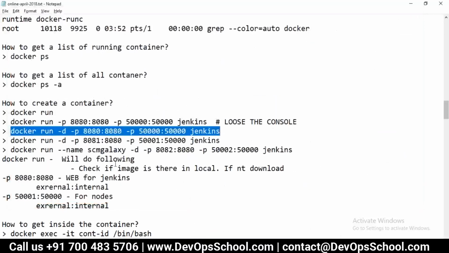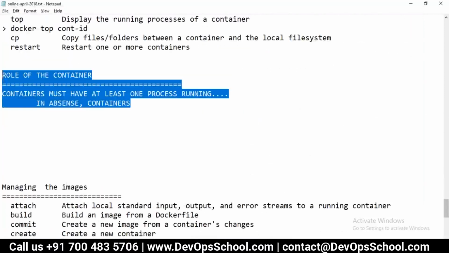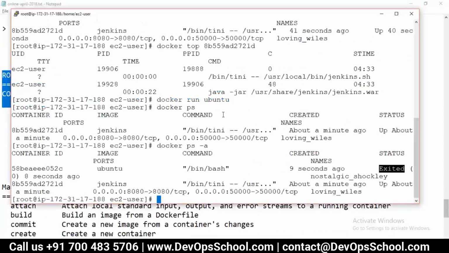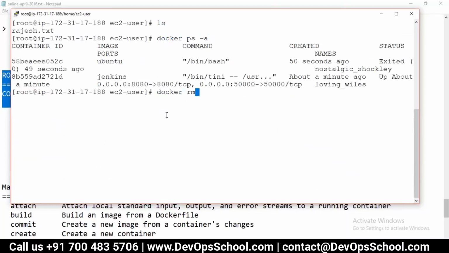Because this rule applies: that process must be running. If at least one process is not running, the container dies. So basically this ran and exited because there was no running process for it. So what to do? Now I will first clean this container. So docker rm,